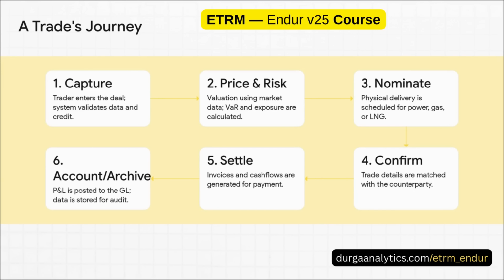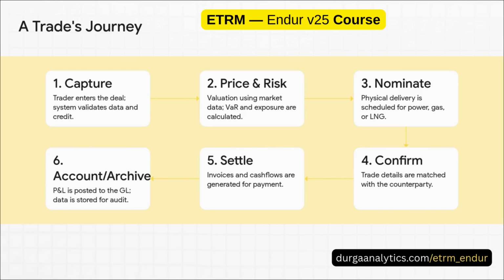For physical trades, we move to nomination, where the actual delivery is scheduled. Next, the trade is confirmed with the counterparty to make sure all the details match up perfectly. This leads to settlement, where invoices are generated. Finally, the profit or loss is posted to the general ledger for accounting, and the entire history is archived. The ultimate goal here, the holy grail, is straight-through processing, or STP, automating this flow to minimize errors and just